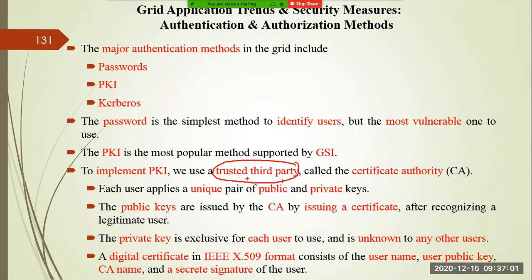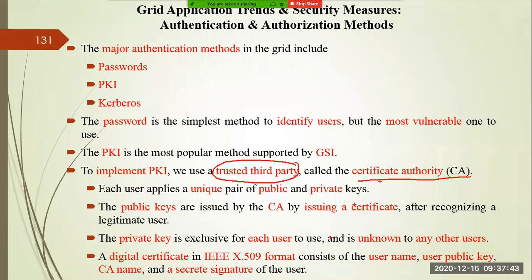Similarly, here we are introducing a third party, which is nothing but the certification authority. This certification authority is mapping your public key with your private key. So they are maintaining the unique pairs of private and public keys. Generally, the public key is open to all, right? And the public key is issued by the certification authority for recognizing a legitimate user. Like in our Gmail, our username you can say is a public key and the password is our private key. So there is a mapping between the public key and private key, right?